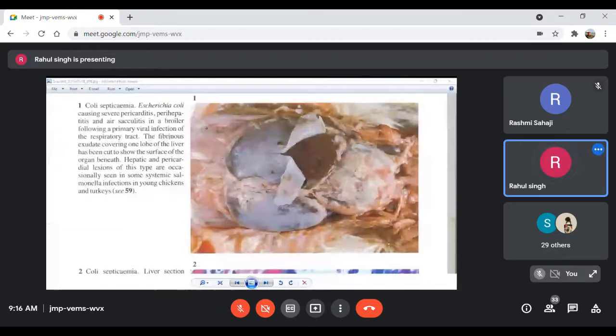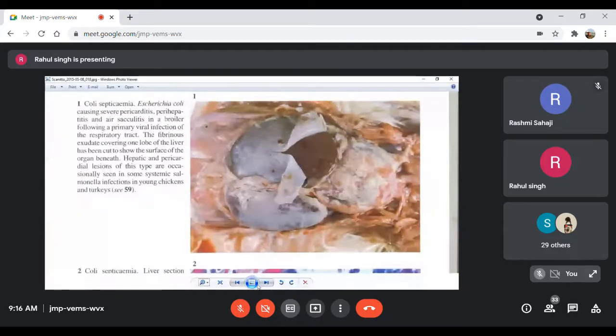Anything you want to ask? Sir, what is the bread and butter appearance? This one, it seems that somebody has applied butter over it. You can see these whitish creamish deposits over that. Can you observe that? As if somebody has applied butter over the surface. But this is not butter. These are the fibrinous deposits over the surface of the heart. All right, can you observe that or not? This is the heart actually, the heart with fibrinous pericarditis.